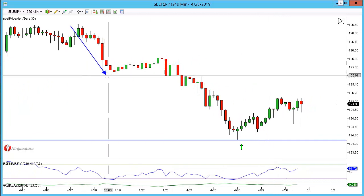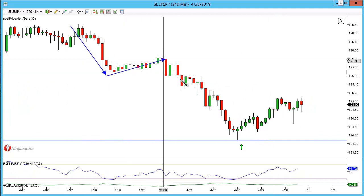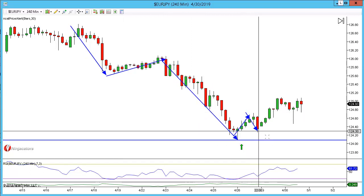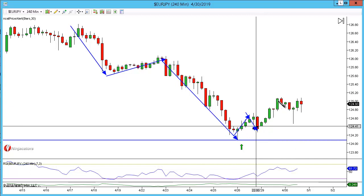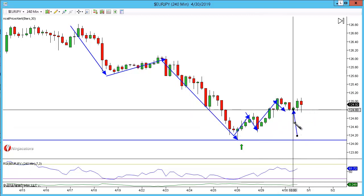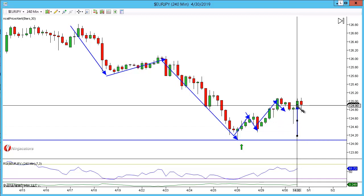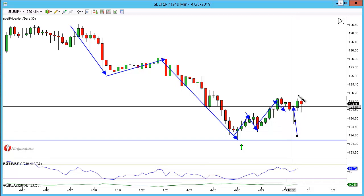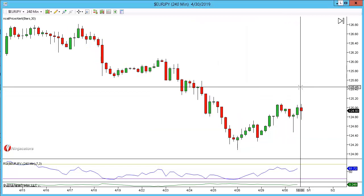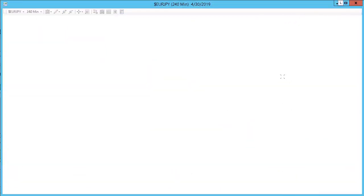If we just look at what structure did, we had a move lower, retracement, then we had a move lower, we kind of double bottomed here, we retested, and then we had a move higher. We saw a shallow pullback, we had a beautiful rejection candle just here, followed by a higher high, higher close, an indication here that we could be going higher. Again, nothing definitive there for me though. Let's go to the 60